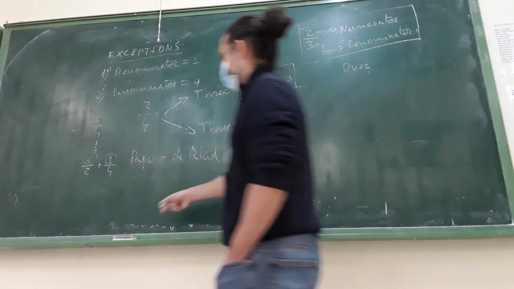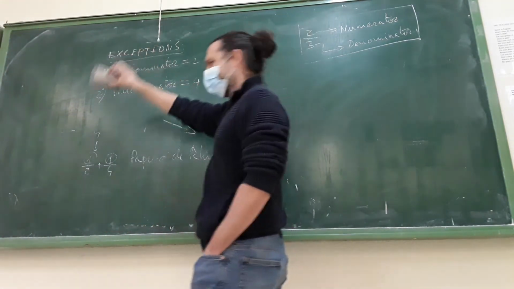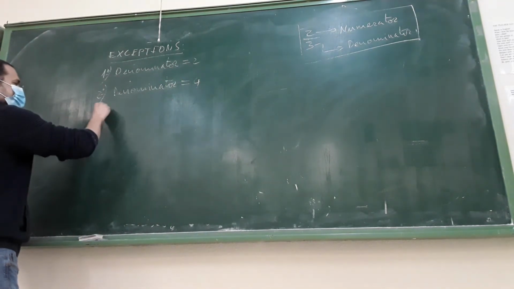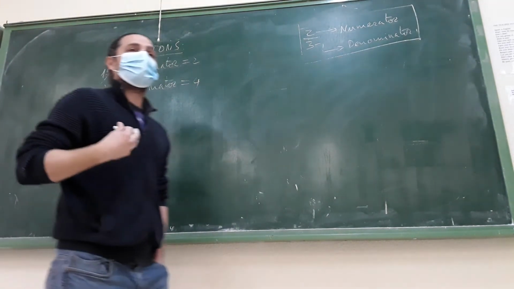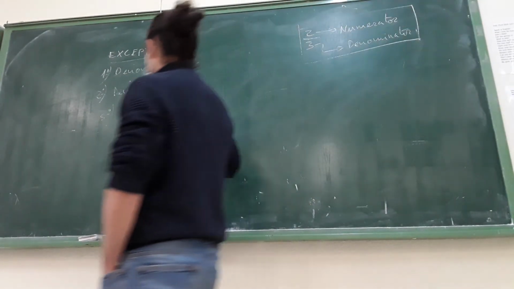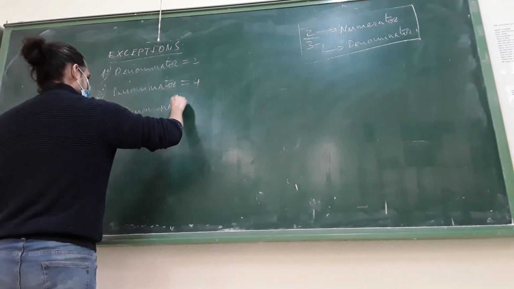Okay, so this is exception number 1, exception number 2, and then the third one. The third one is going to make things easier, because the third one applies when the denominator is,